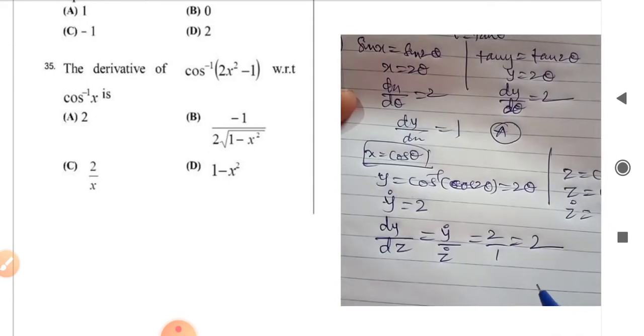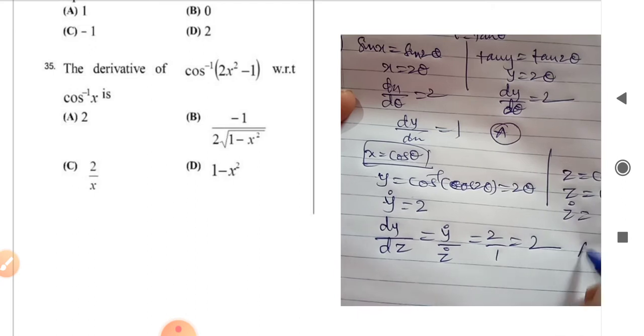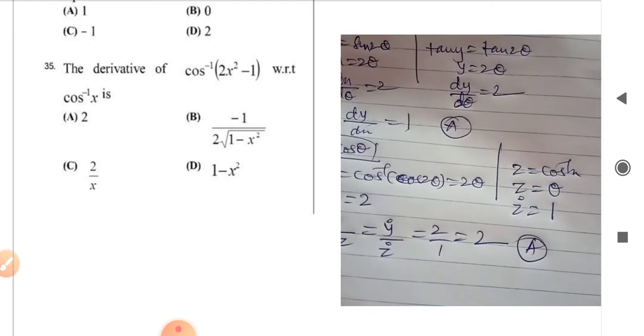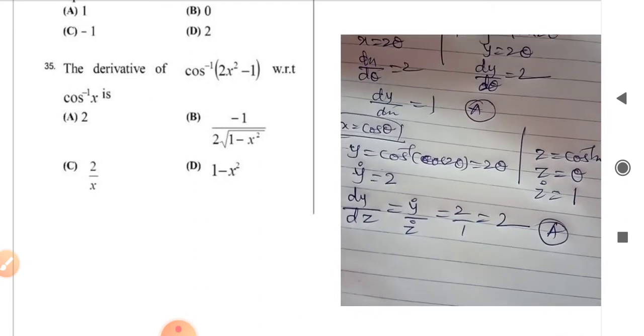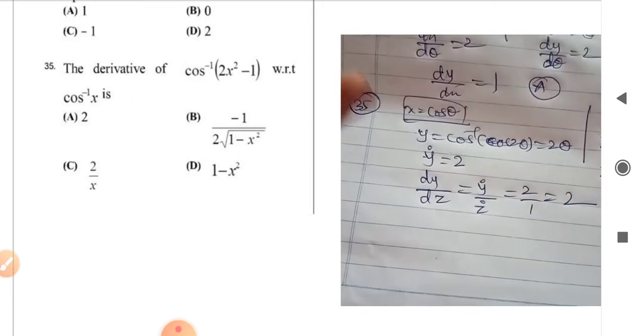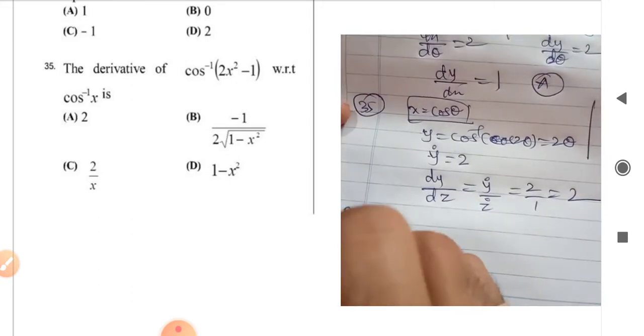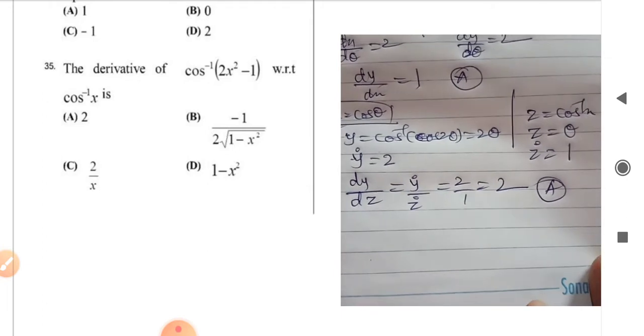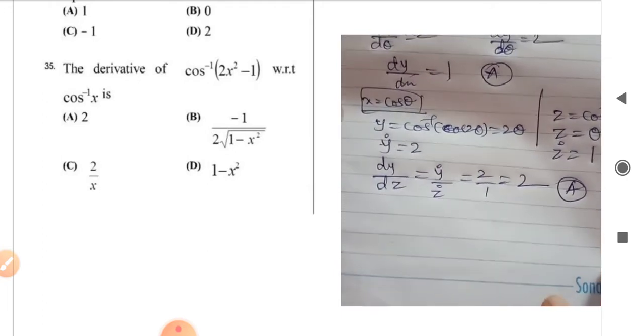Now the answer for this question, the 35th problem, the answer will be 2. So it is the option correct here. Very simple question it is, please understand properly. But because of space, I'm just moving this page. Whenever you are looking at this one, please pause the video and look at this.